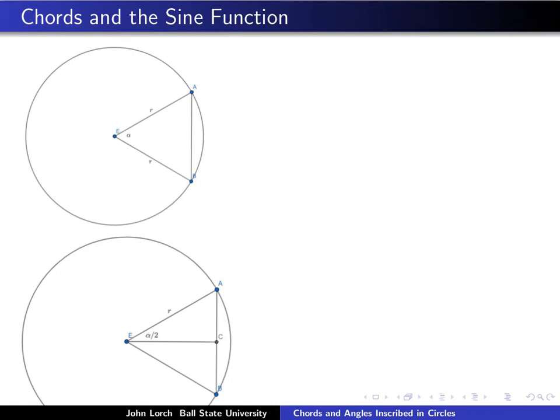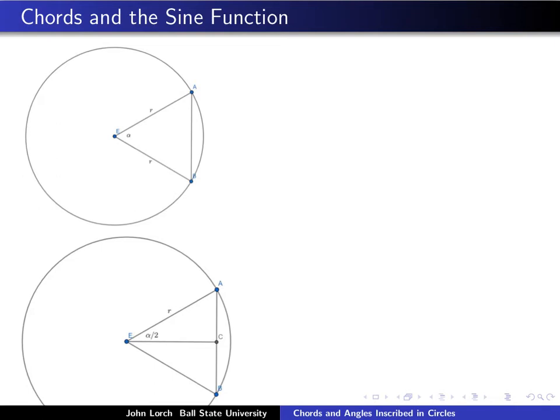Now let's talk a little bit about chords in circles. The very earliest investigations of trigonometry didn't involve the sine and cosine functions as we know them today. Instead, they involved measuring chords in circles of some given radius. So now I'd like you to focus your attention on the top figure, where we have a circle centered at E, and we have a central angle alpha,